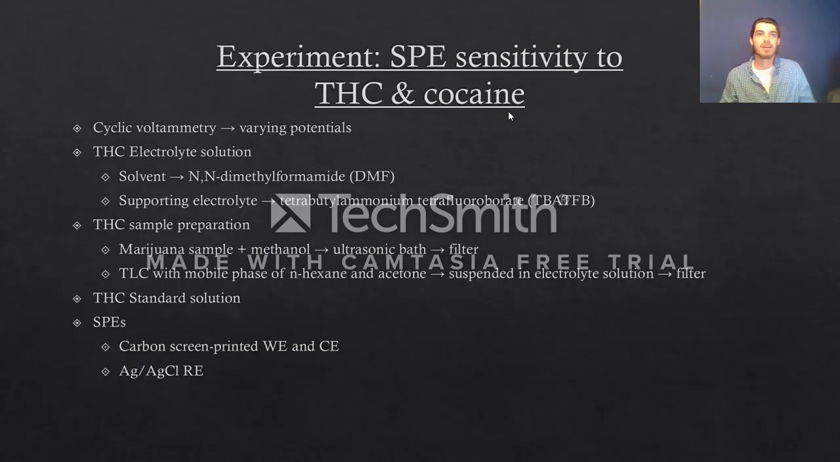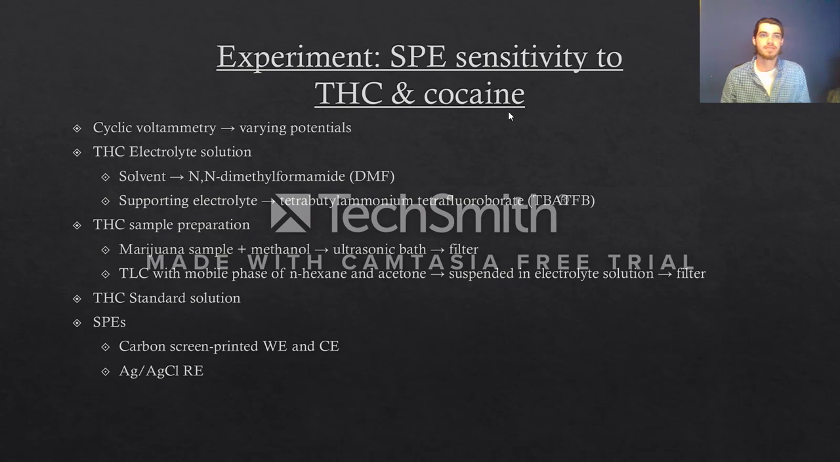In this experiment, the sensitivity of screen-printed electrodes was tested in a forensic context to confirm the presence of marijuana and cocaine in different samples, using only a portable potentiostat applying cyclic voltammetry. Cyclic voltammetry is a voltammetric method where the working electrode's potential is increased linearly with time, and after a certain potential is reached, it's ramped in the opposite direction to return to its initial potential. And this completes one cycle that can be repeated as many times as necessary until the peaks on the graph